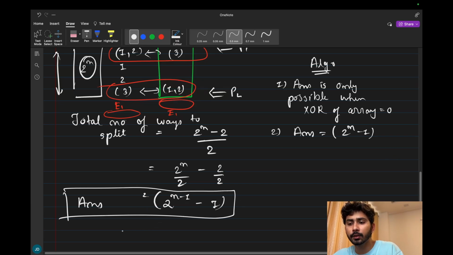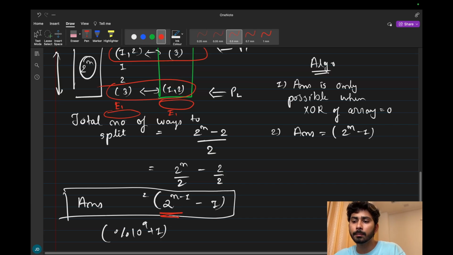And that's why they are saying that you are supposed to apply modulo 10 to the power 9 plus 7, because this exponential value, that is 2 power n, can be very large, right? So here you are supposed to apply modular exponentiation in order to get the value of 2 power n minus 1, and keep on applying the modulo with 10 to the power 9 plus 7. So now let's see how we can implement the same